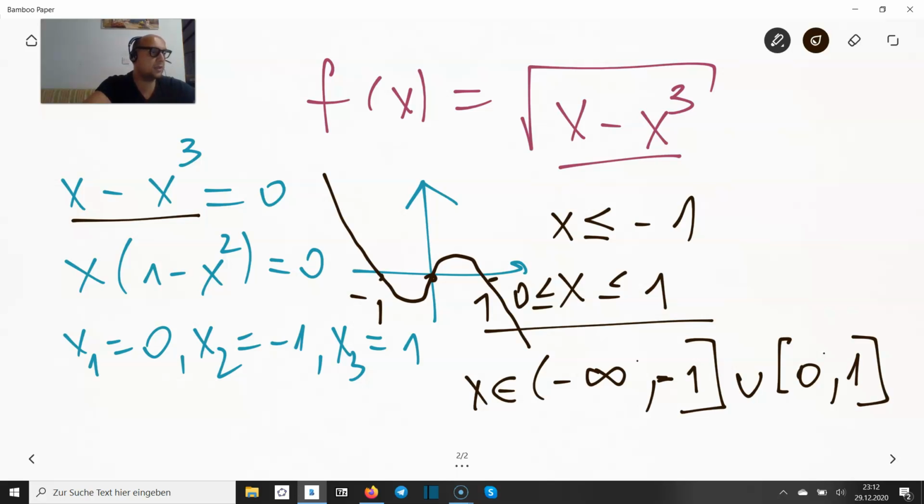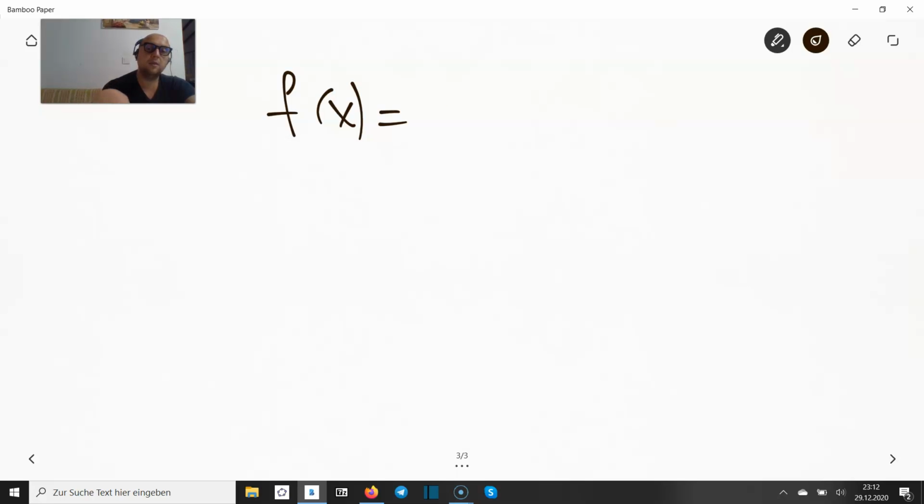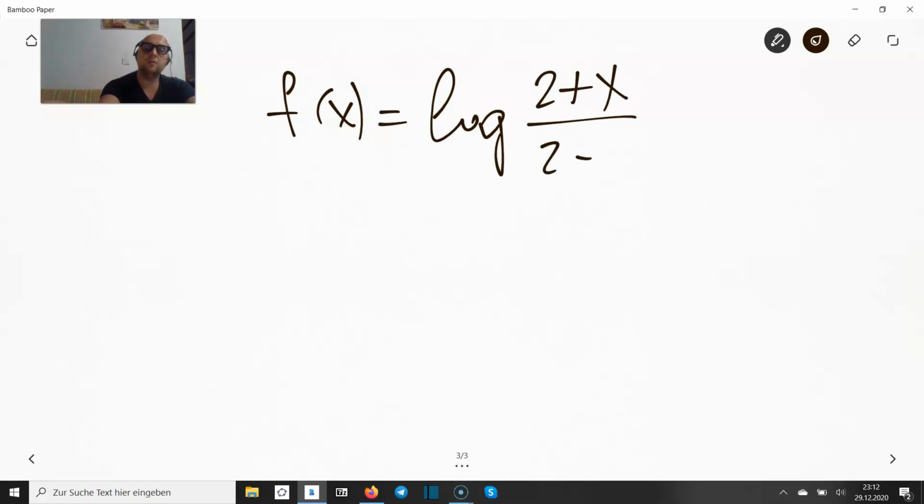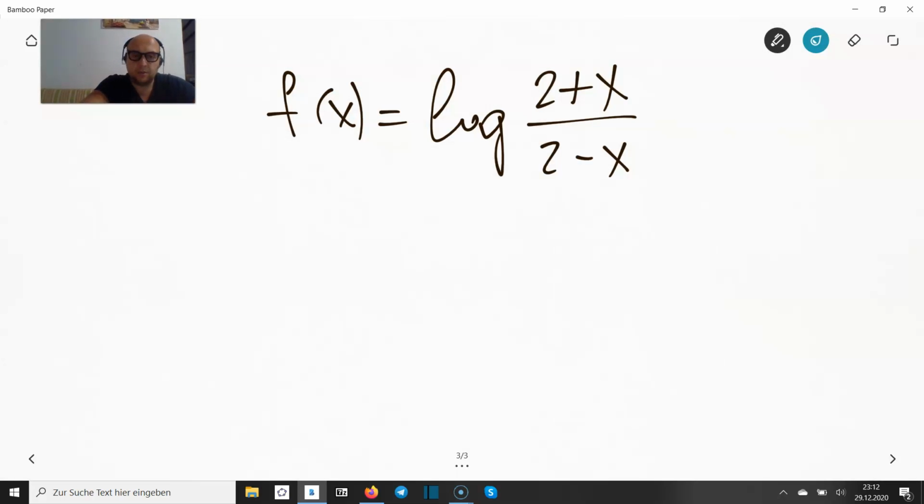All right, and the third case is the logarithmic function. So let's see, f of x equals a logarithm of, let's say, 2 plus x divided by 2 minus x. Logarithm here means to the base of e. It doesn't matter actually, because we're only talking about the expression in the logarithm itself. It could be base 2, 10, 16, whatever you want. Logarithms are only defined for positive values. So we have to make sure that 2 plus x divided by 2 minus x is bigger than 0